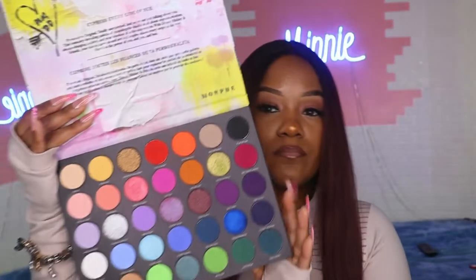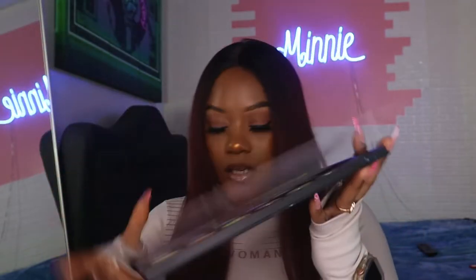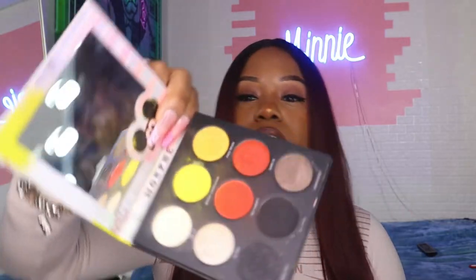And today, if you haven't read the title, I am doing the Disney collection by Morphe. Yes, I'm over the late per usual. I need to get it together. The Mickey and Friends Morphe collection, the Disney collection, if you didn't know, came with two palettes. It came with a big palette like this with all of these colors, and then it came with a small palette like this,